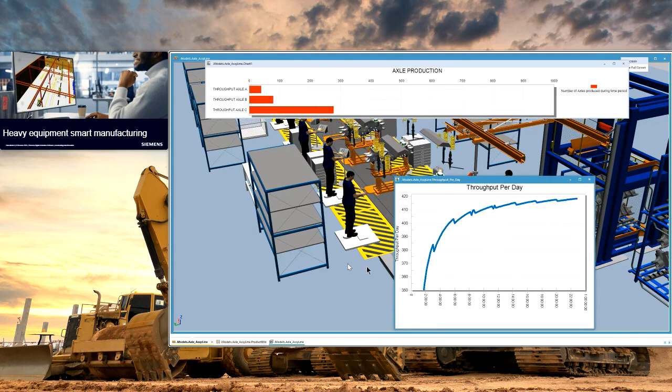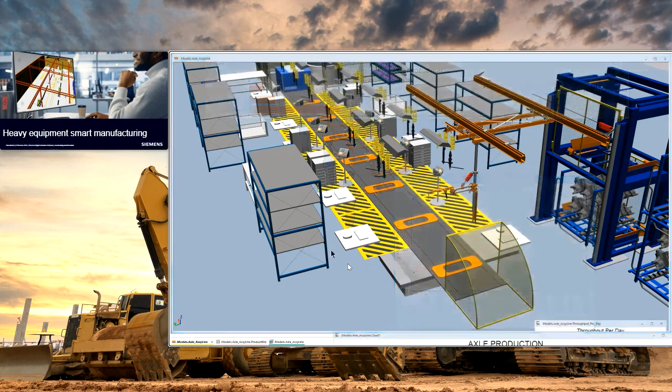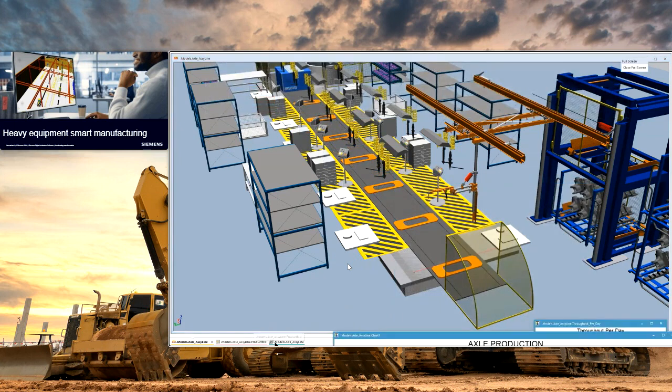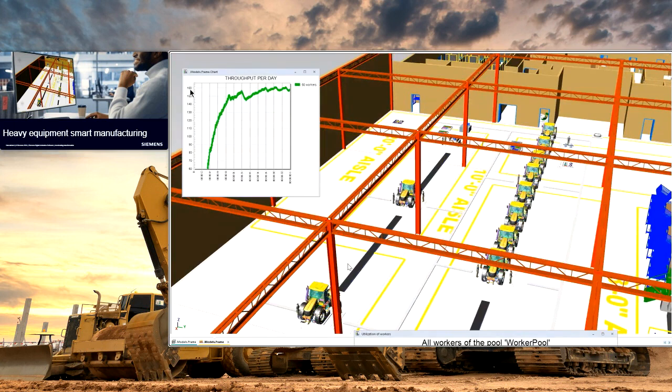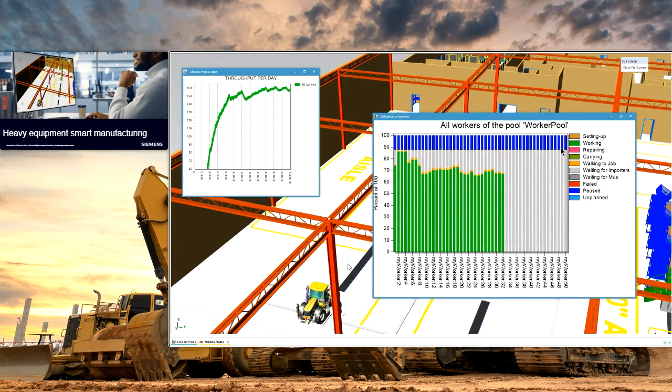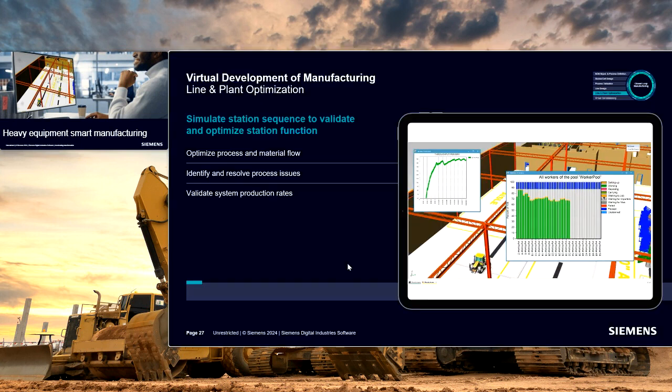And this basically tells us that there are bottleneck situations happening ahead of time, even before this production schedule can be run. Now, this can be expanded to the entire plant, where the axle is feeding into the tractor, and how the entire plant production and tractor production is affected by this bottleneck situation on the axle line. And this also provides us a good look into the worker utilization, as to where their time is effectively utilized and where it is not.